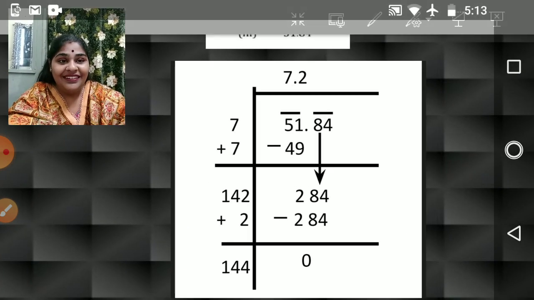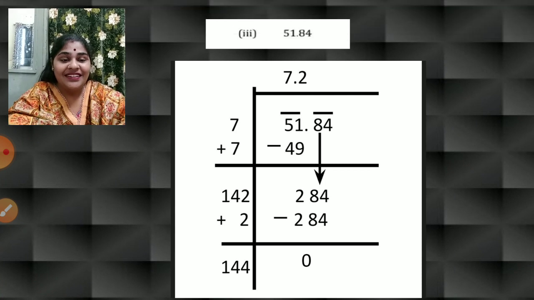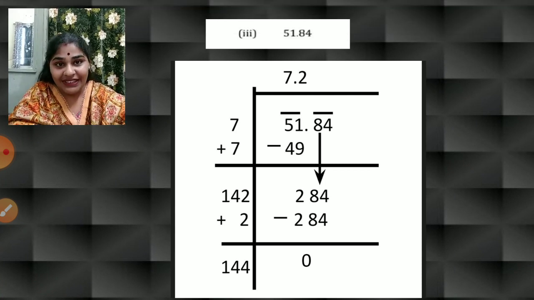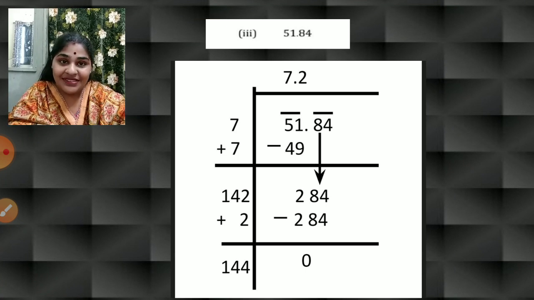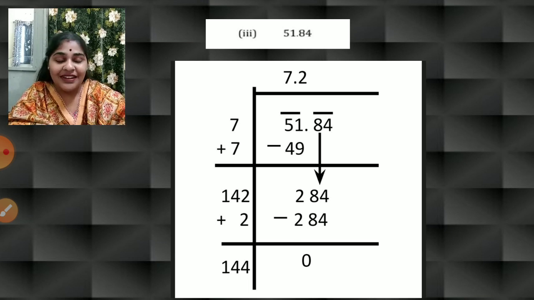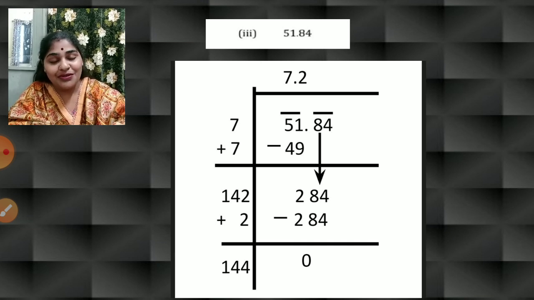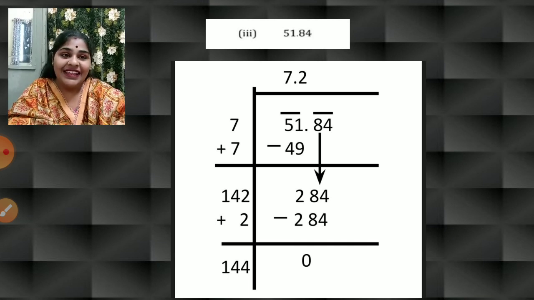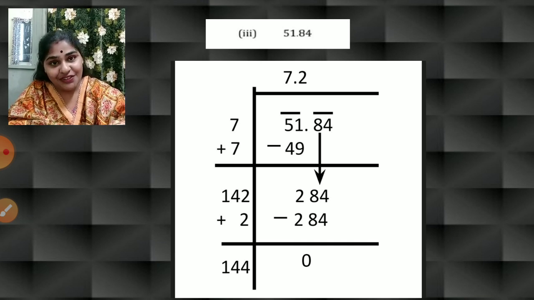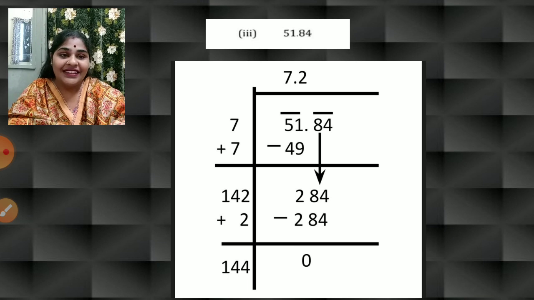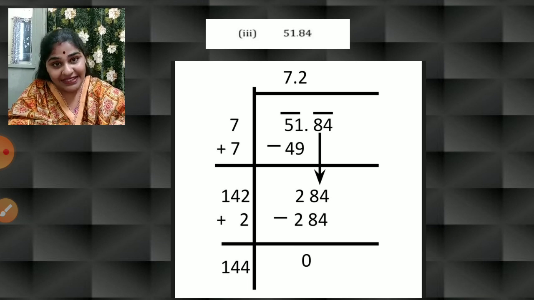Next one again. So you can see here it is 51.84. So first step is pair the numbers. Now I hope you understood how to pair the numbers. Concentrate on the first pair in the integer part, that is 51. Choose a number whose square is equal to or less than 51. It is 7, 7 7s are 49, and 51 minus 49 is 2, which will come down, and the next pair will come down, that is a decimal part.